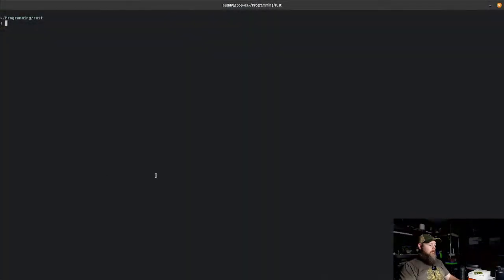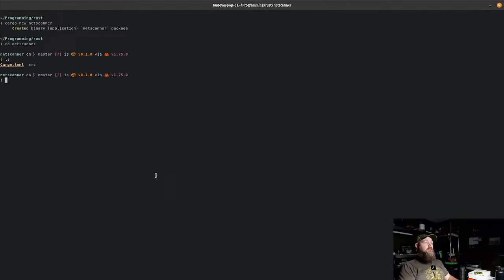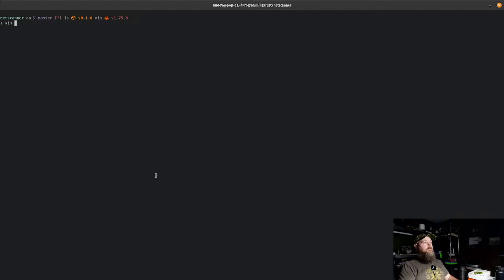So one thing to note, actually first let's start our new project. The first thing we want to do is create our new project. So do cargo new NetScanner. We'll just call it that because I am terrible at naming. So NetScanner, there we go. We'll do touch readme.md. Cool. So let's see. Let's do vim